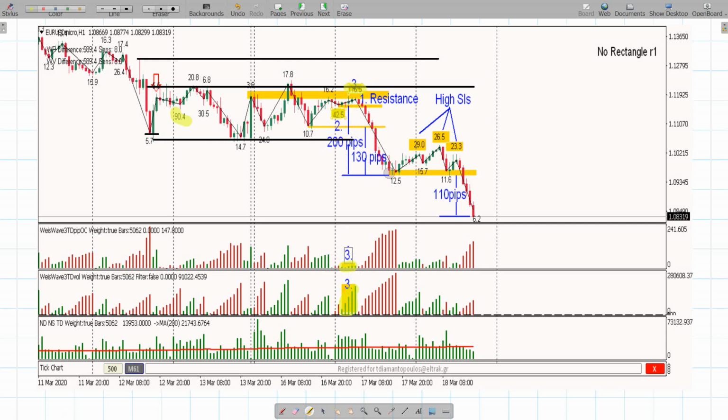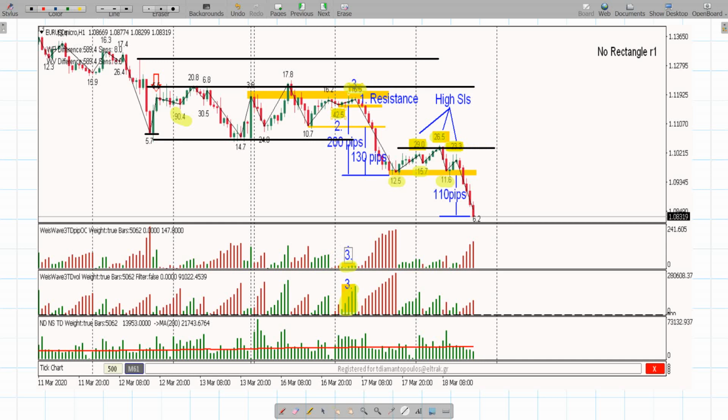Now, we go down, we hit some level, I don't know what's on the left here, but on the way up, again, exactly the opposite from what we saw in the previous chart. The high speed index numbers are at the top, and at the bottom we got 12, 15, 11, while at the top we have 29, 26, and 23. So, in order to make sure that this is selling,